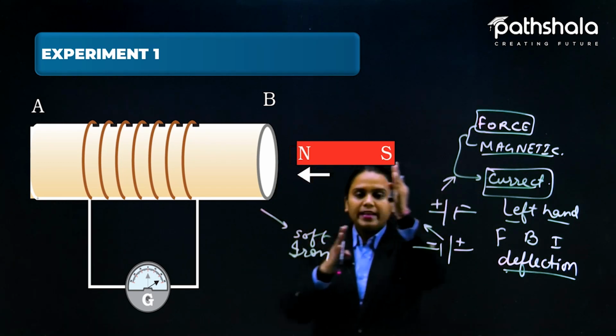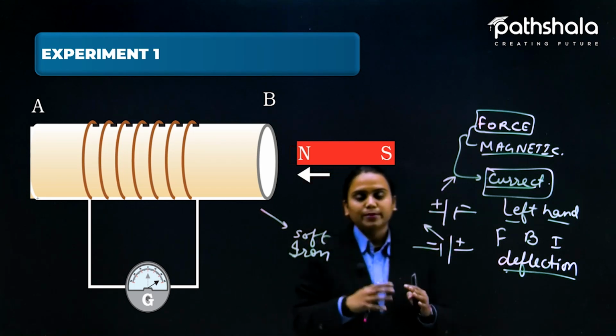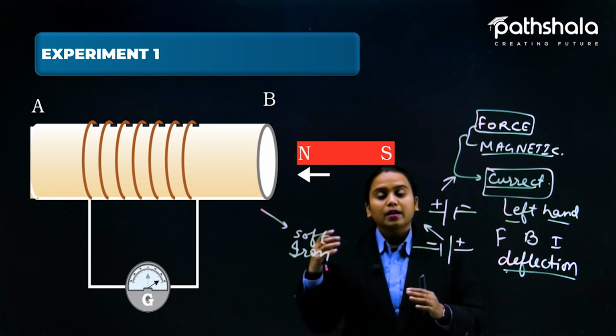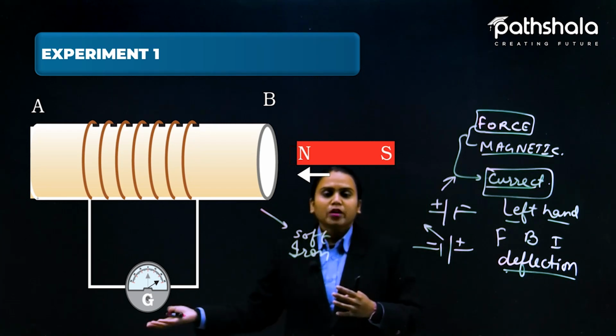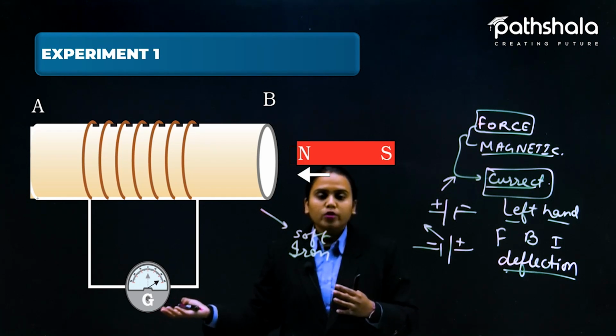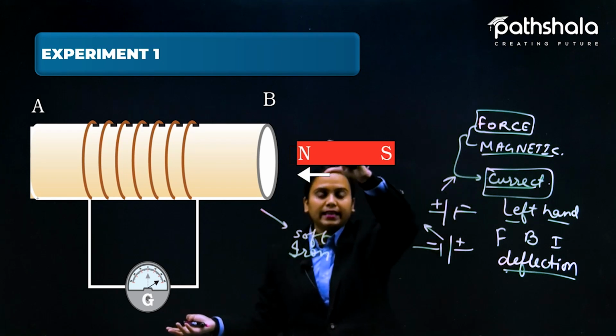So we are providing a motion in it, and that experiment is easy to do. You can do that experiment at home also and in the physics labs. Like the various laboratories are here. So at this point, what you will see, when you are moving this magnet inside and outside like this,